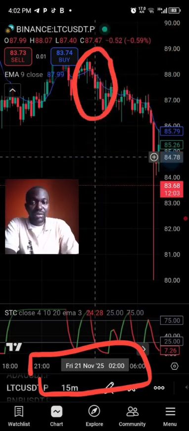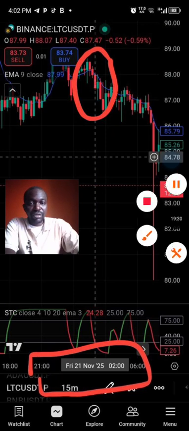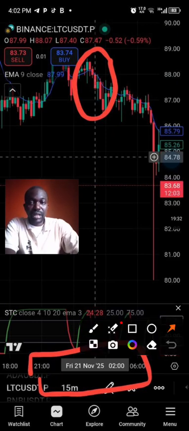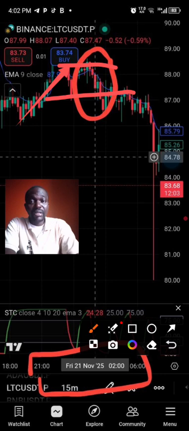Okay, so this is Litecoin. I will draw this up again. Initially prices were going up, and then it got to a resistance level right here. That's our resistance level. So prices were going up initially, we got our resistance level, and all of a sudden we had a pullback, and then the bot sent us a notification.